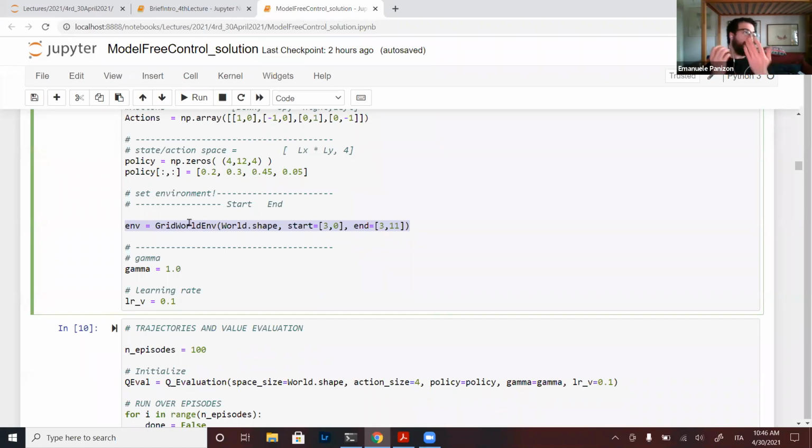And of course, it works only if the system is tabular, in the sense that there's a discrete action space and a discrete state space. But there is nothing specifically tuned to the fact that this is the grid world with a cliff, and maybe it will not work if the grid world was otherwise. No, if you have trajectories, then you put them into the algorithm and it will work. Perhaps it's too simple to achieve convergence, but it should work. This is what model-free means. Okay, do you have questions?